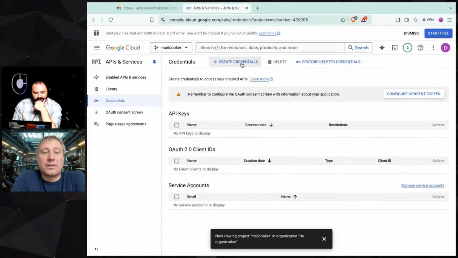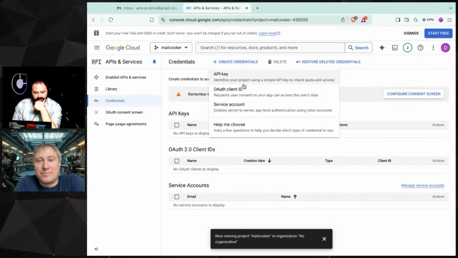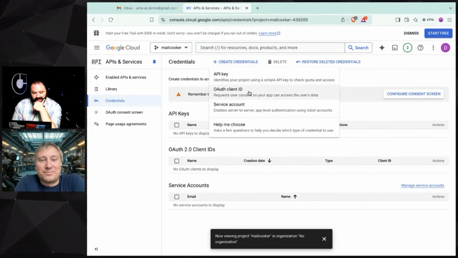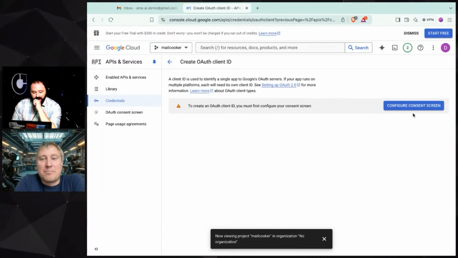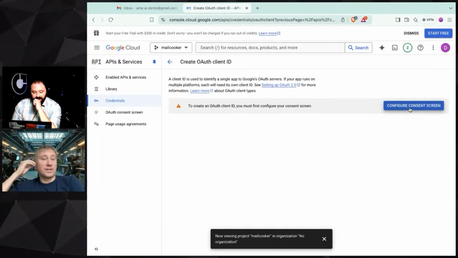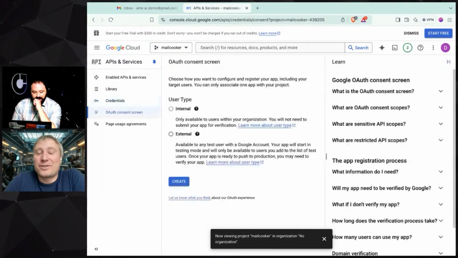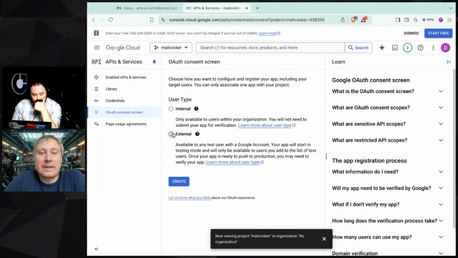Now then you can click. Yeah. And now this is what we want, the OAuth client ID. Or do we want a simple API? No, we want OAuth client ID. Exactly. Okay. But you need to configure the consent screen. And for the consent screen, you will need to provide lots of URLs. Okay,